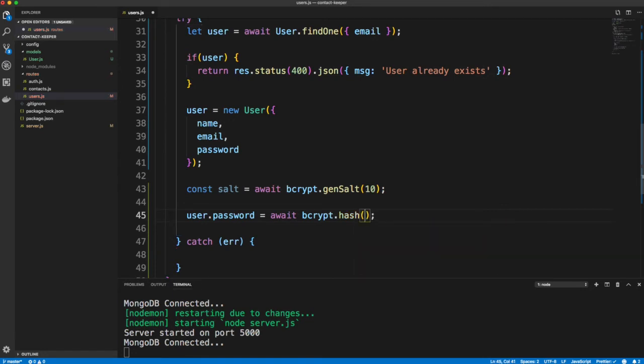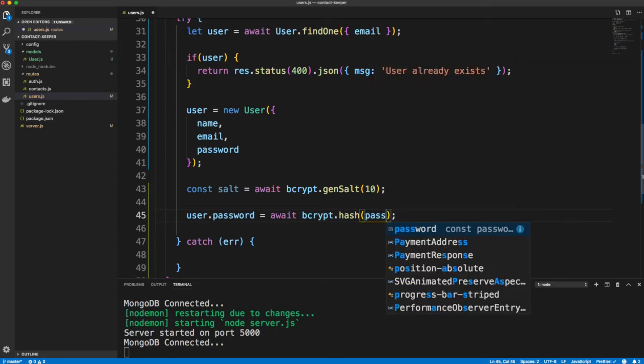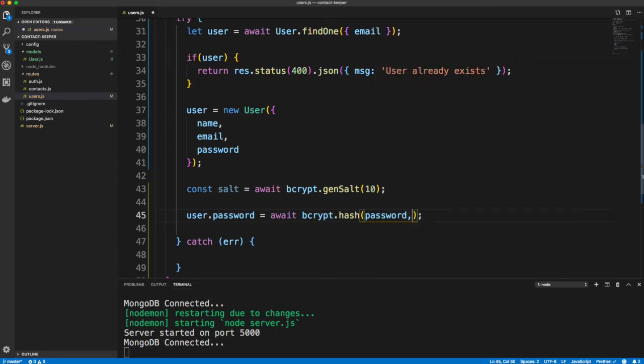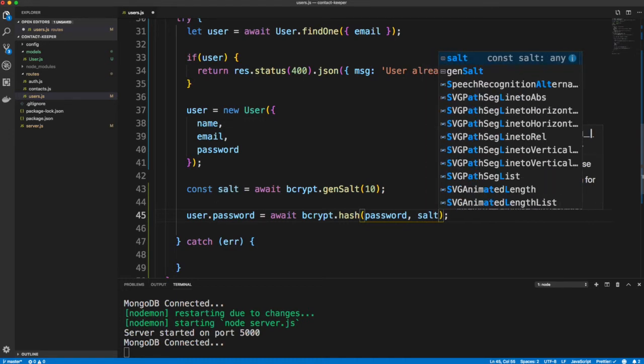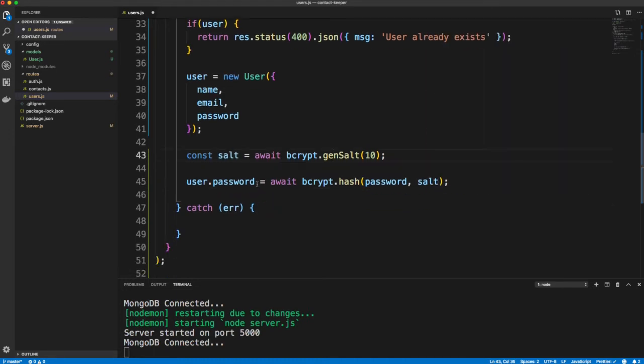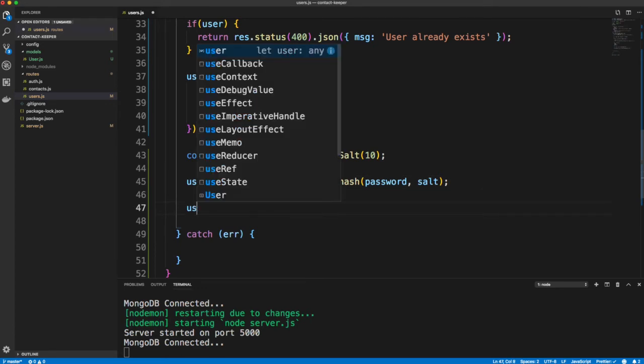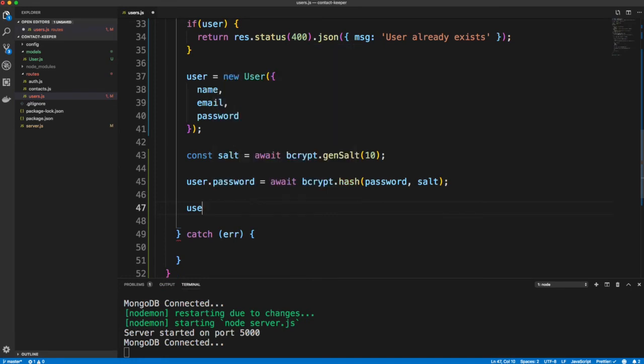And this takes in two things. It takes in the plain text password, which is just password, and then also the salt, which we generated here. Okay, and that will give us a hash version of the password, which we're then assigning to this user object. So the last thing to do after that, to save it in the database, is simply call user.save. Actually, this returns a promise, so we're going to say await